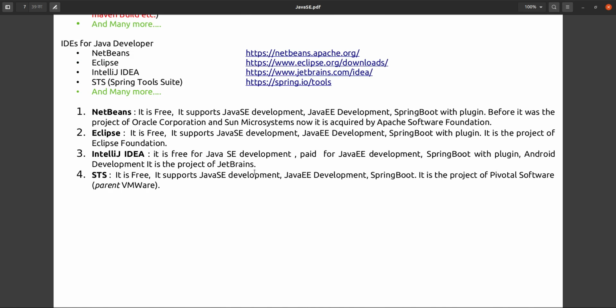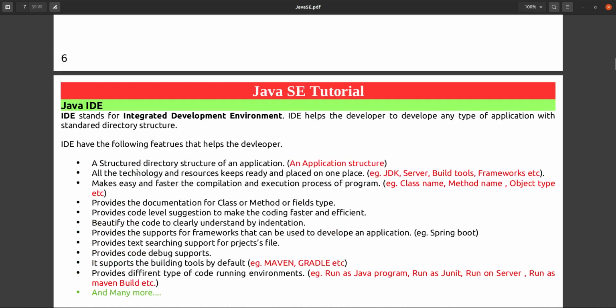Now we have to see class and object according to the Java perspective: how the object is created, what steps happen while creating the object, how the class is loaded, and what actions happen when the class is being loaded. And what are the members of a class, how many members of a class are available in Java. All this we will learn in the next video.